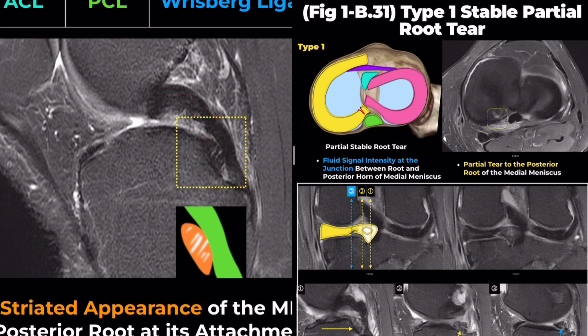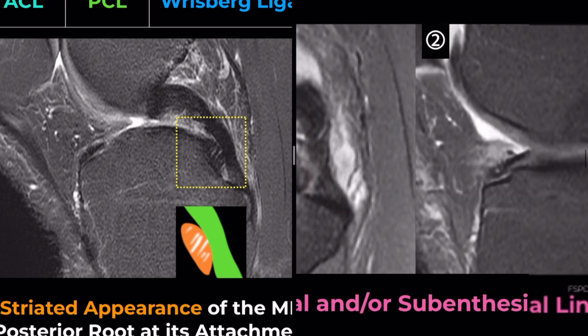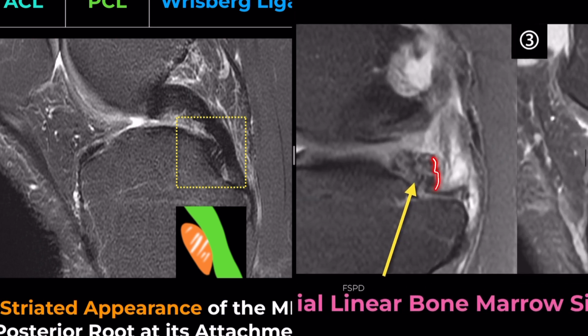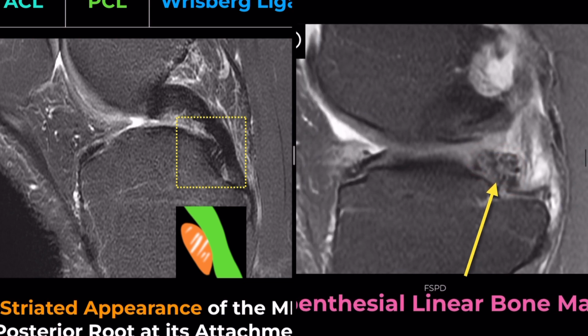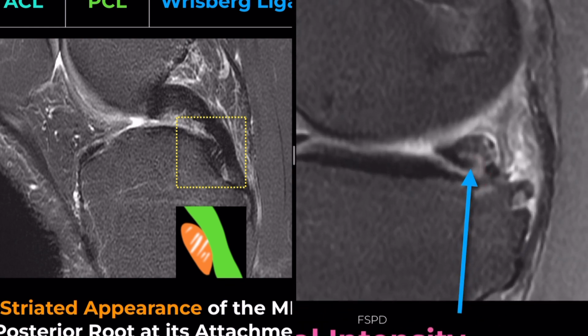However, such fissuring should not be confused with degeneration or a partial tear. In a partial tear, there is irregular, heterogeneous, high signal intensity within the posterior root. While the striations of a normal posterior root appear at regular intervals, those of a partial tear exhibit irregular morphology and signal intensity. Furthermore, abnormal signal intensity may extend to the inferior articular surface or manifest as abnormal root morphology